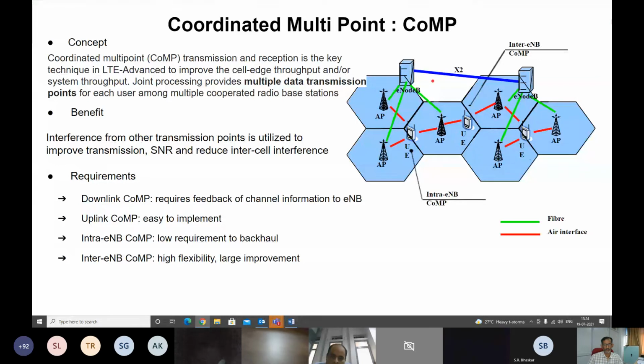So actually another aspect of this is that earlier when you are at a border, this fellow is supposed to be an interferer. So now he becomes a fruitful signal to him. Earlier when we are moving away from A station to B station, this fellow is a neighbor or interferer, of no value to him. So the cell edge performance of a particular area is vastly improved with CoMP. So that is a very key aspect of CoMP, for improving cell edge experience.